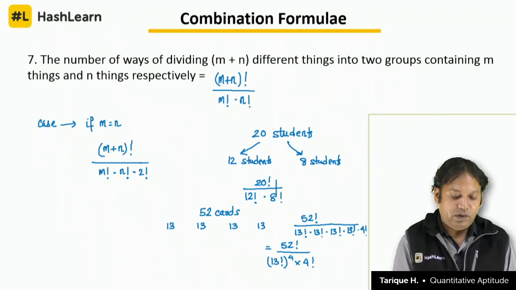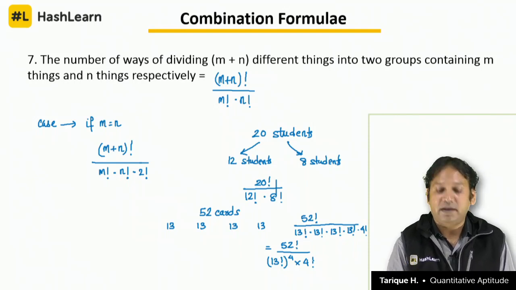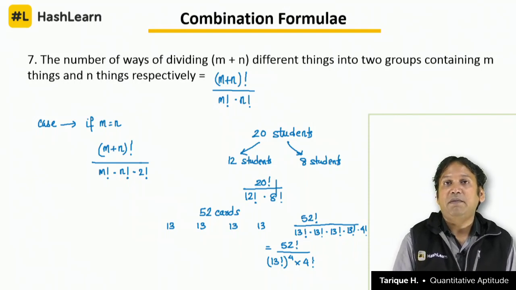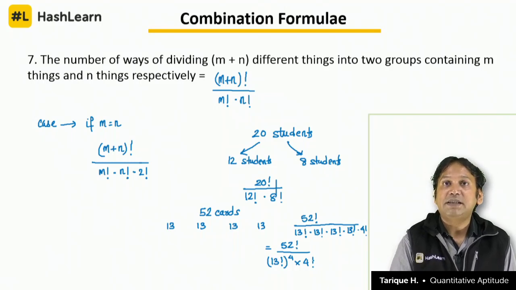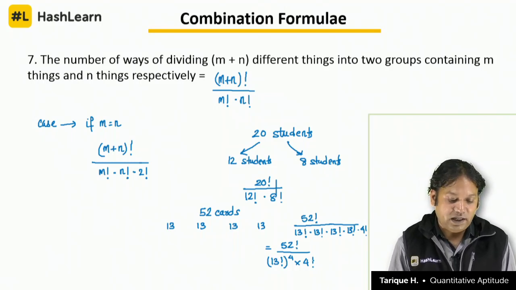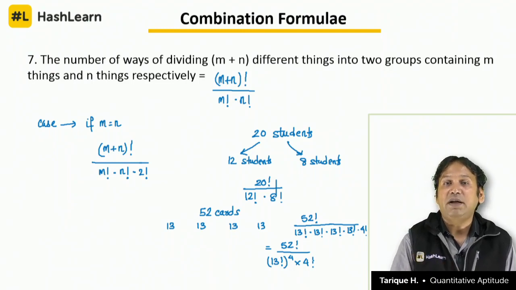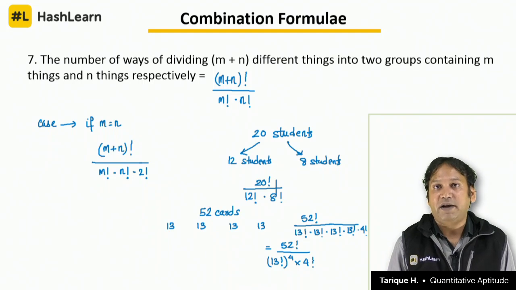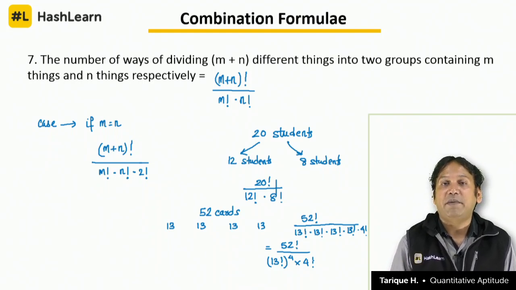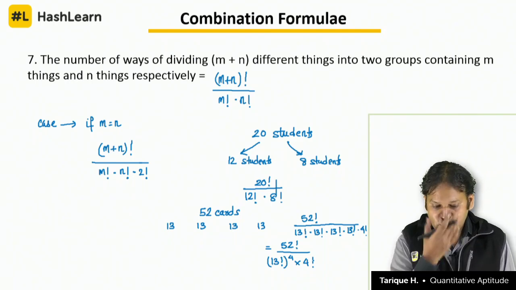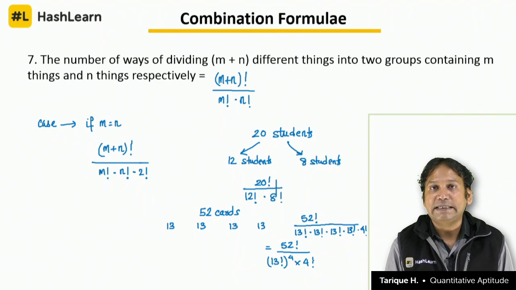Here I am taking m and n things. You can take p things, q things and r things also. So we have p plus q plus r things divided into groups of p things, q things and r things respectively. Then the answer will be p plus q plus r factorial divided by p factorial into q factorial into r factorial. If p is equal to q is equal to r, then you have to further divide by 3 factorial. Okay, so this is normally an advanced question from the point of view of banking examination, but you never know,